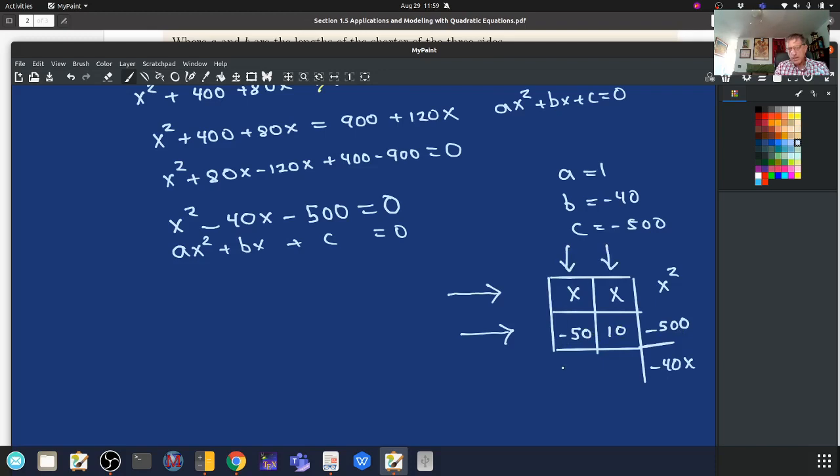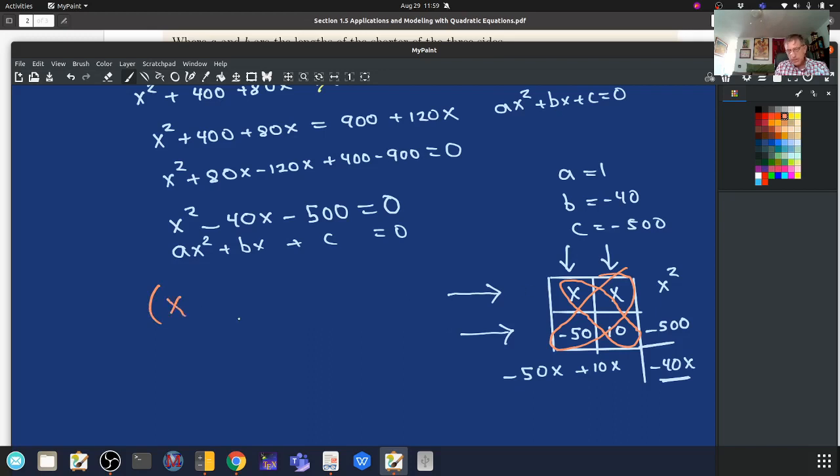Now we multiply down. That gives me minus 50x, and x times 10 is plus 10x. And when I add them together, I have to get this value, and indeed I do. So I've got my box filled in, so all I have to do now is grab the factorization. So I do these little kitty corner things. So it turns out that we just discovered that x squared minus 40x minus 500 is equal to